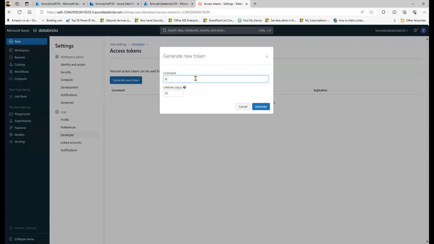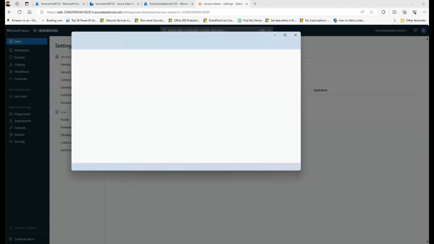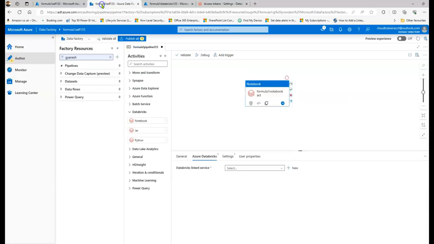You can simply give this token a name as ADF access. Generate. Please make sure to copy this and save it somewhere, because later on you may not be able to get access to this particular token that we will be using right here. So please make sure that you have a copy available. So I'm just going to maintain this copy first of all, and then we'll click done. Once this step has been completed, then I will go to my Formula 1 ADF,